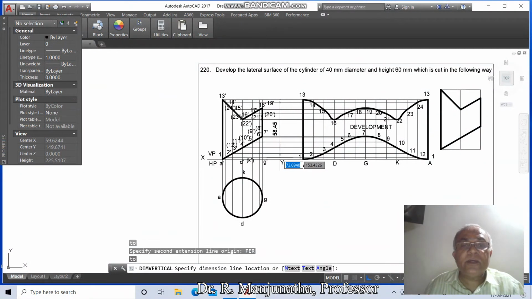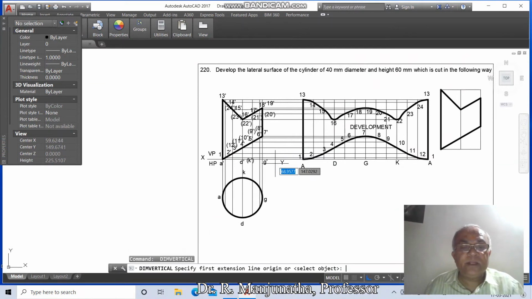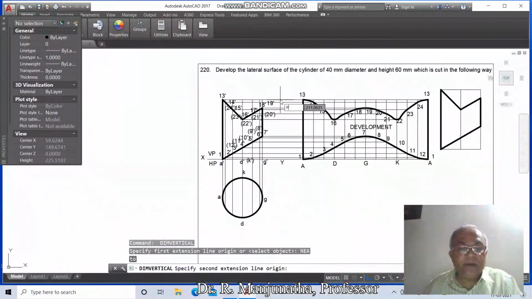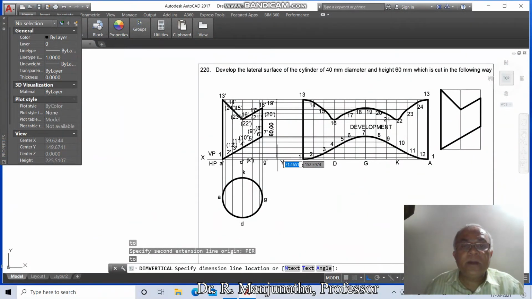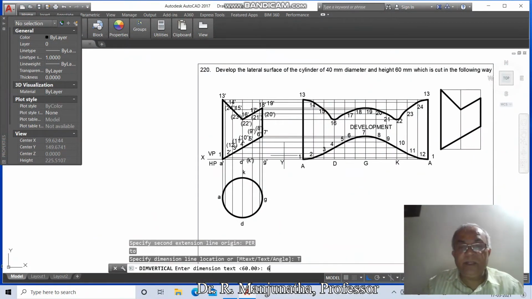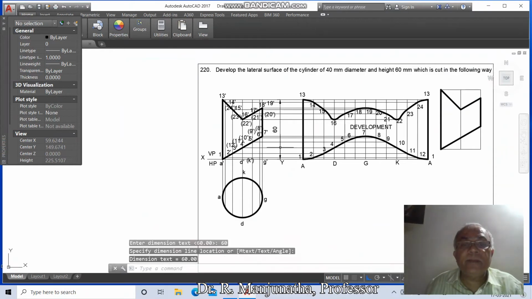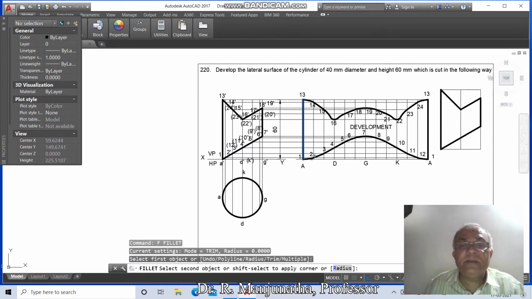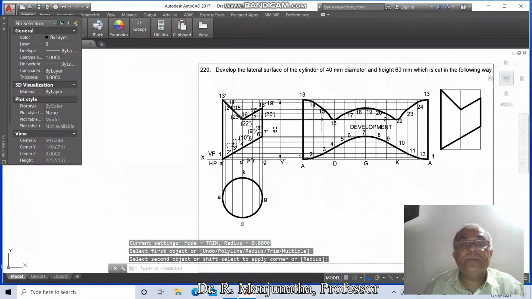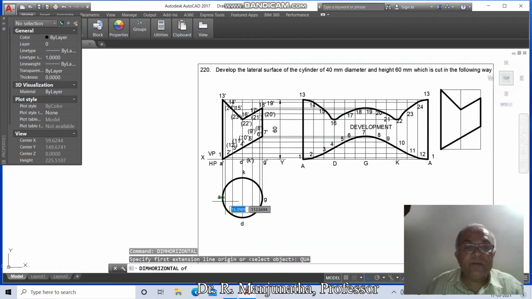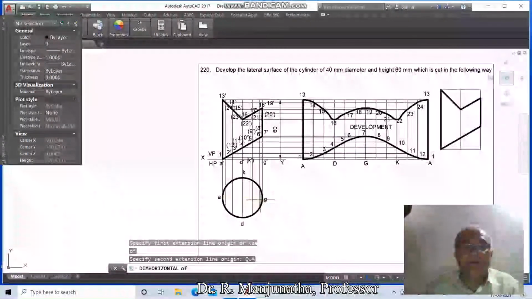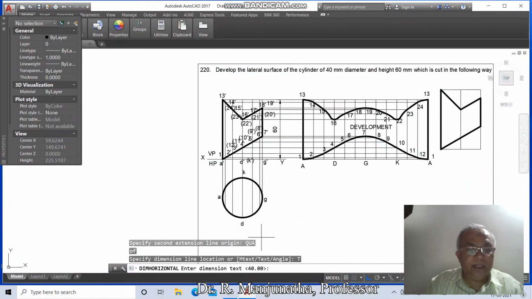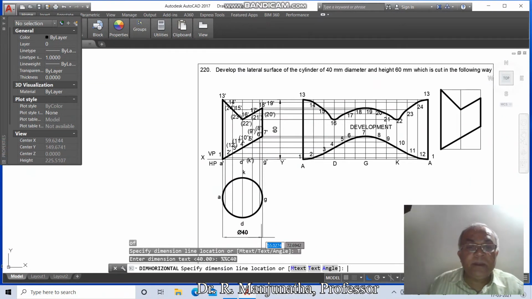So here you take nearest point on this, take perpendicular to this, and go to text, type 60, and you type it here, then go to break this line till here, and go to erase, then fillet between these two, and go to dim horizontal, take quadrant of this and quadrant of this, and here type text, type %%C40, then you select this,